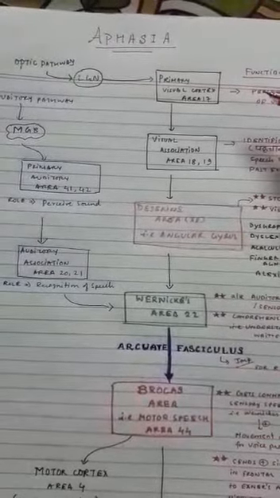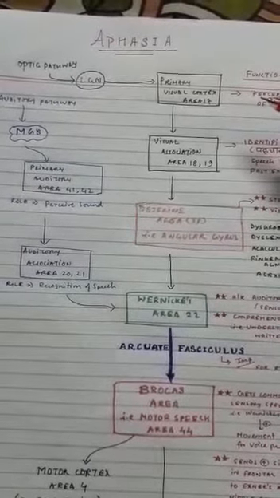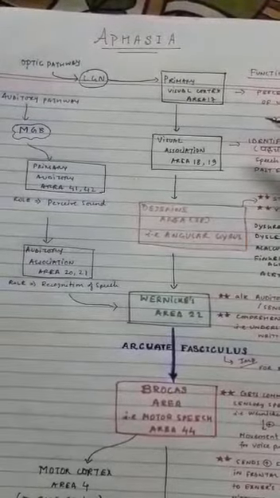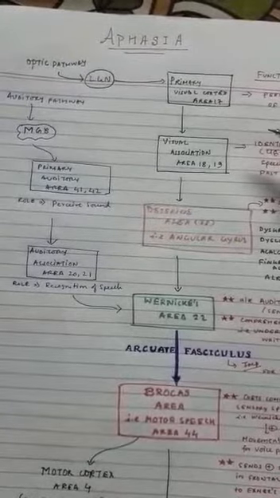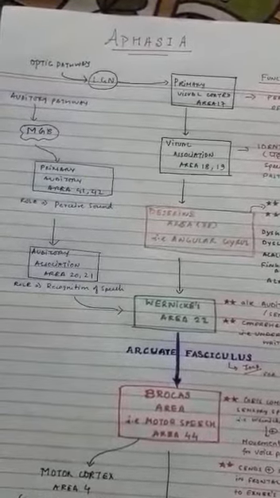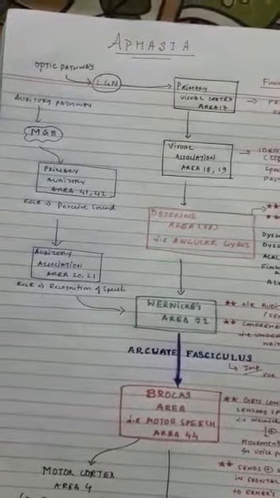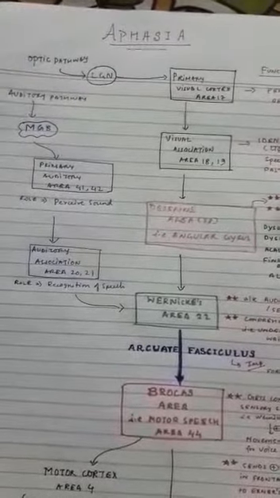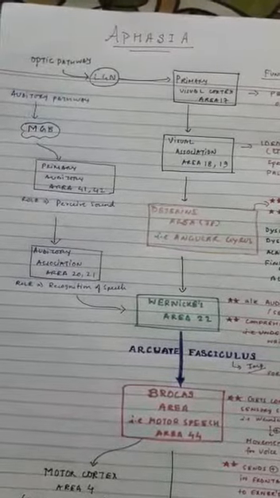Aphasia means the inability to express or the inability to understand written or spoken speech, despite normal motor function or no motor deficit and absence of any mental confusion. So that means there is no mental confusion, no motor deficit, but the person is unable to understand or express written or